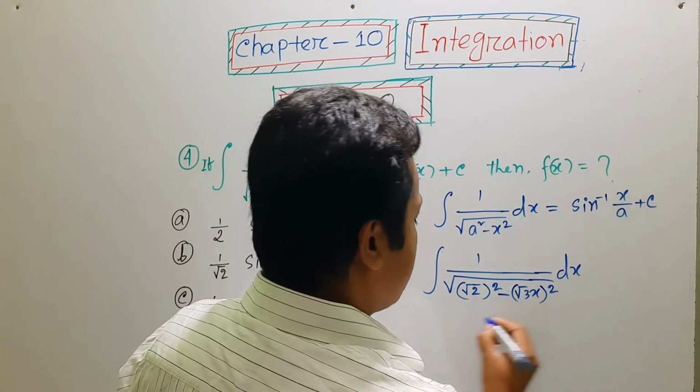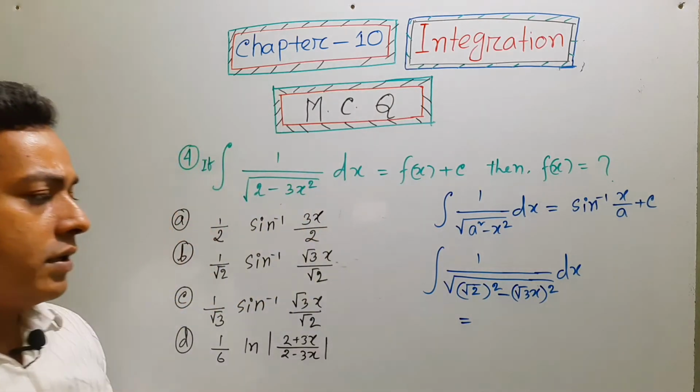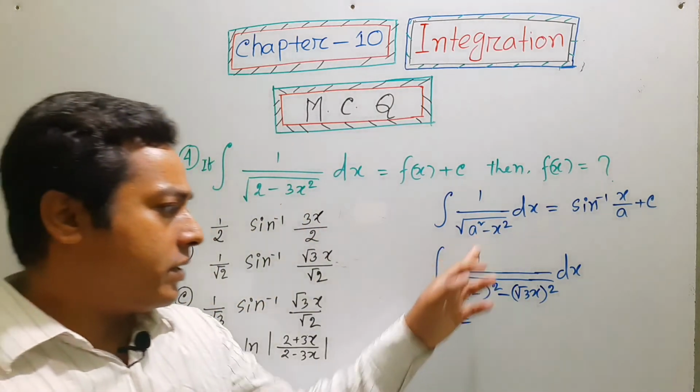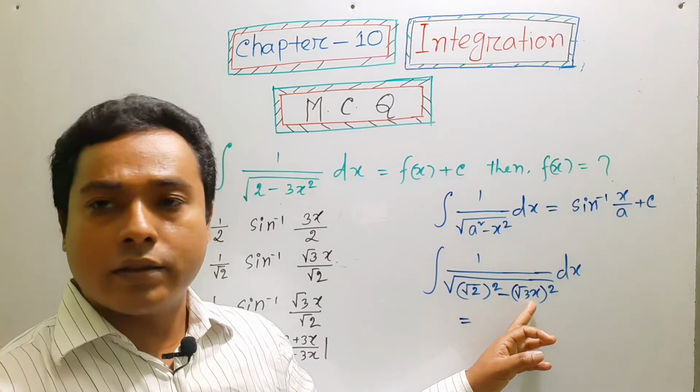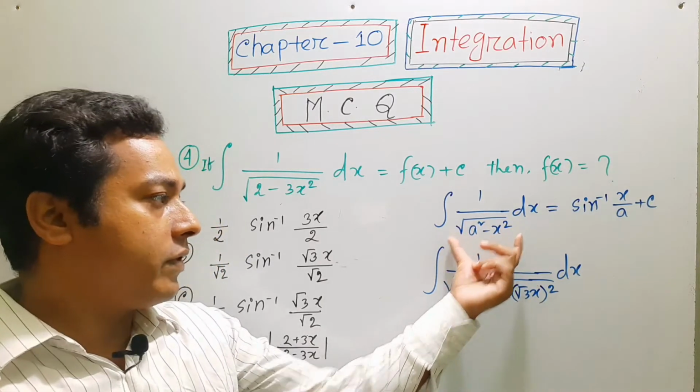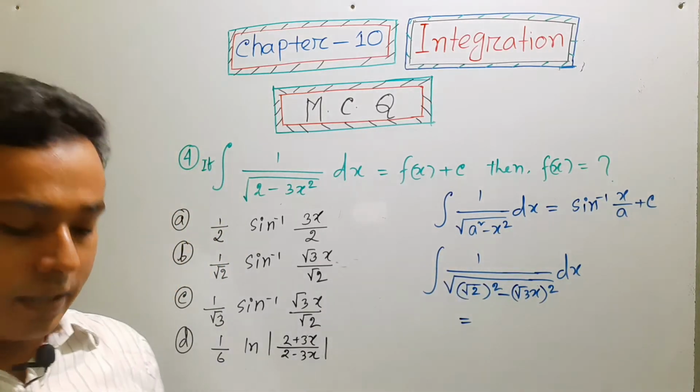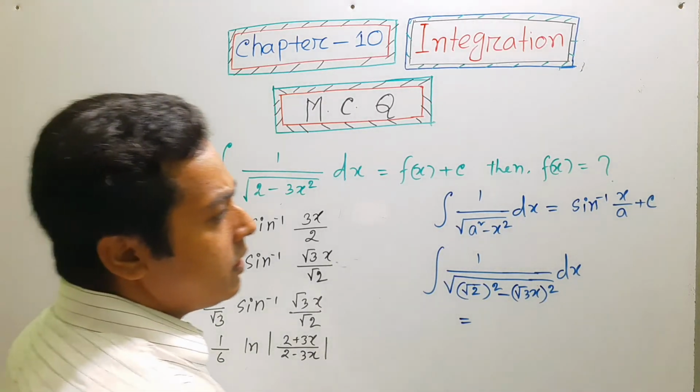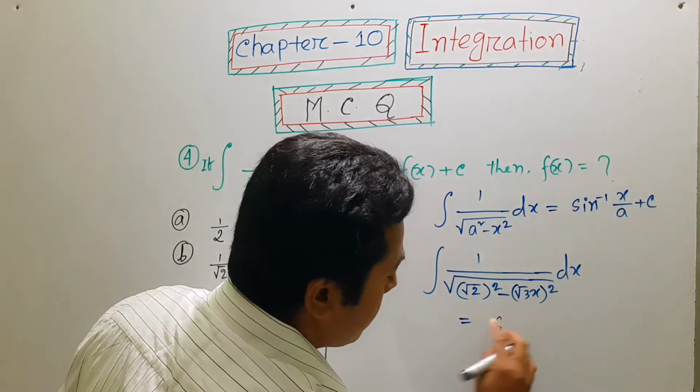Now consider a is equal to root over 2 and x is equal to root over 3x. Compare with this formula, then our answer will be sin inverse